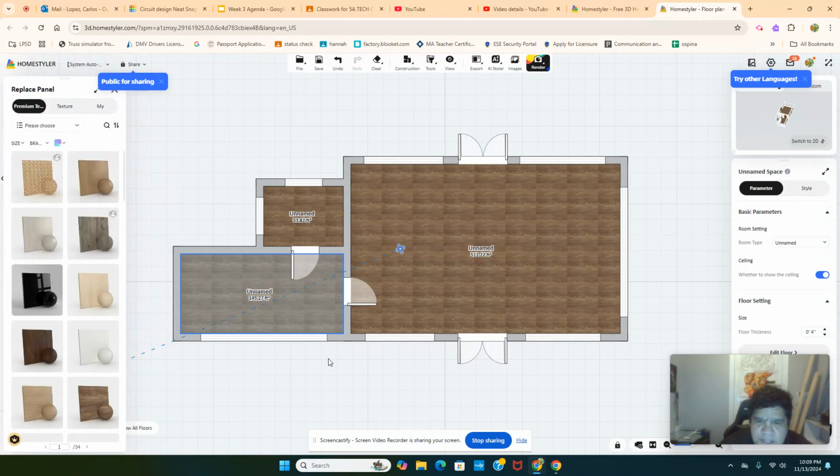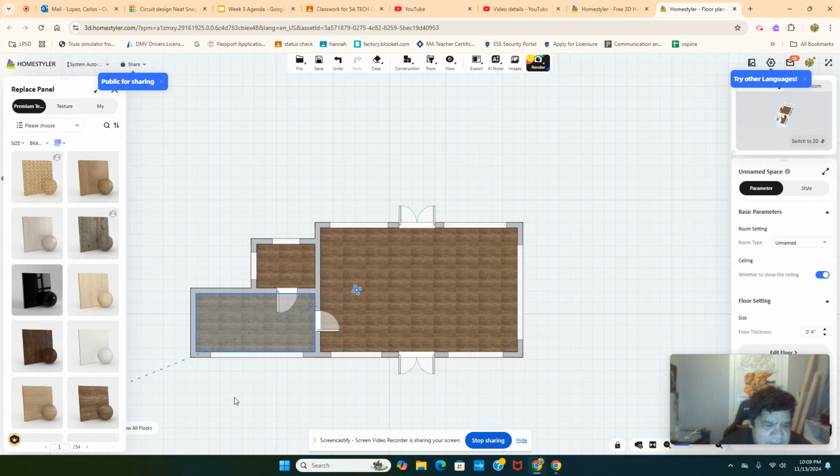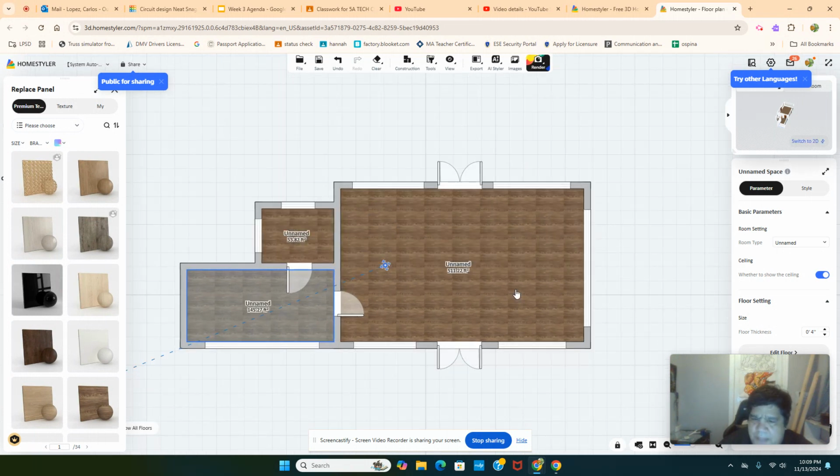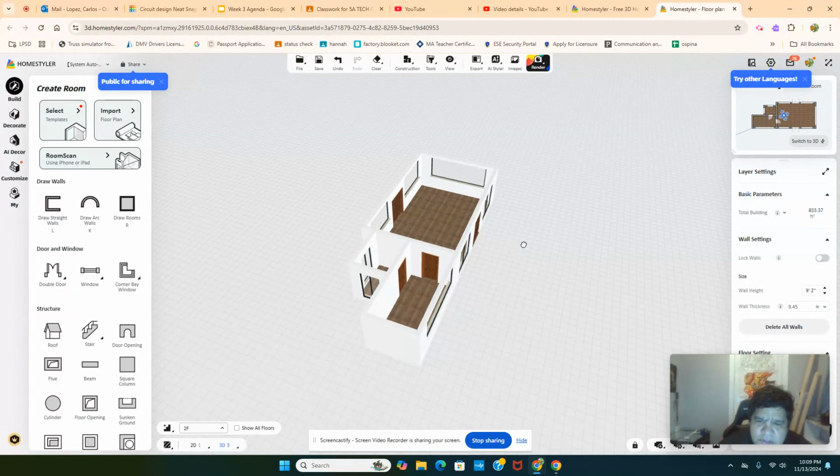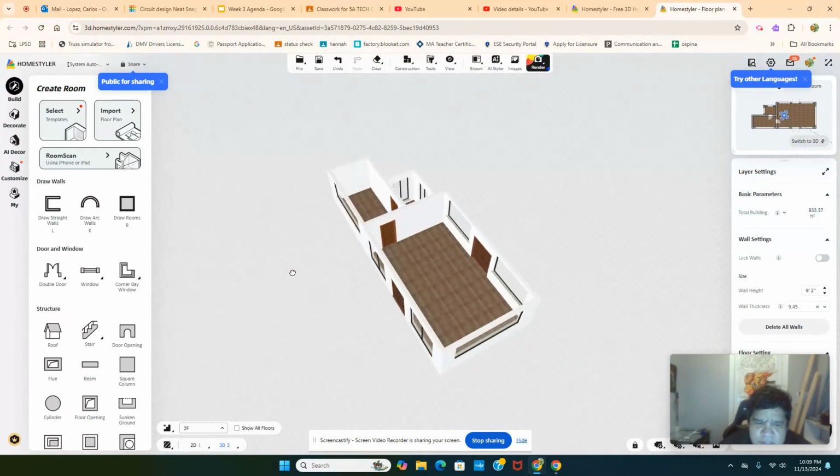I haven't done the walls yet, so I found out they'll copy everything from the first floor. You gotta be considered. Actually, I like that. The white actually looks good. By the way,